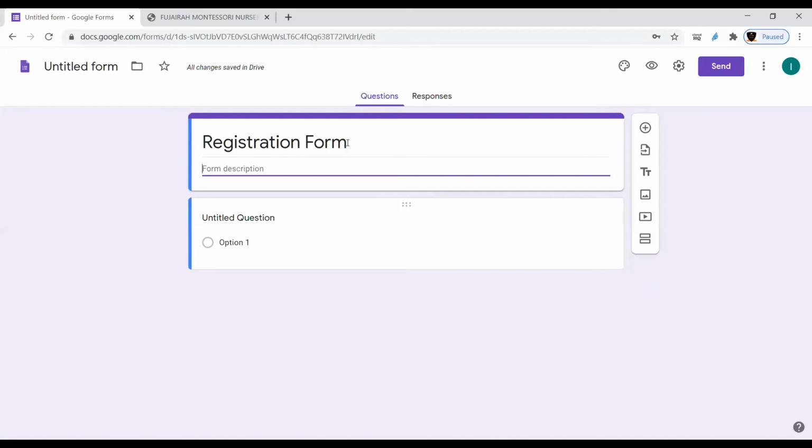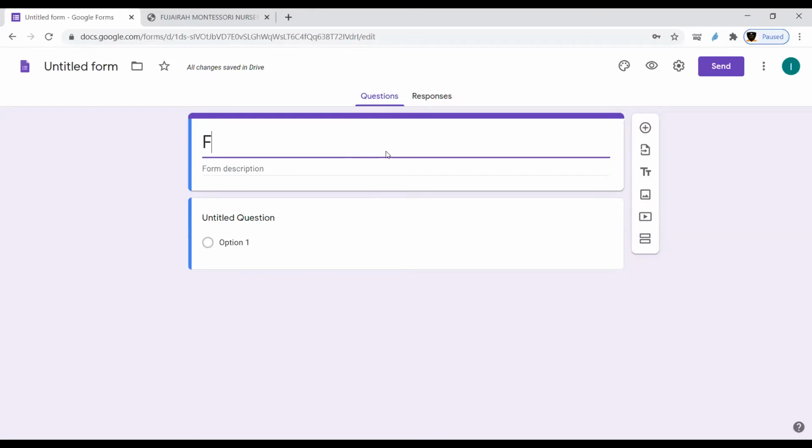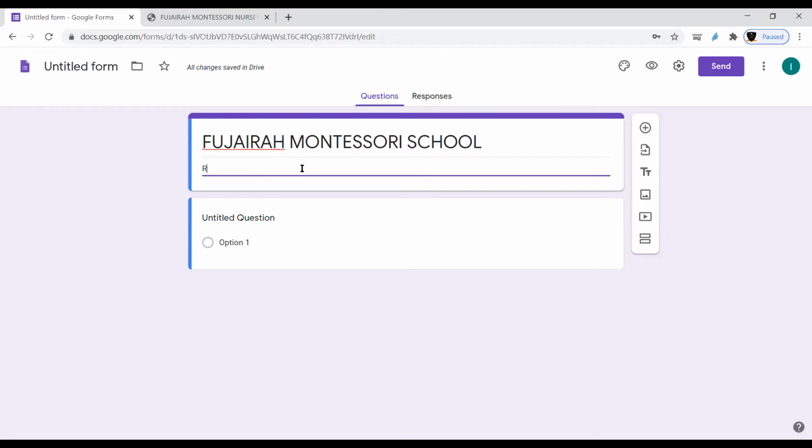So here I had written registration form, but if you want to write here the school name, you can write here Fujairah Montessori School. And here write registration form.